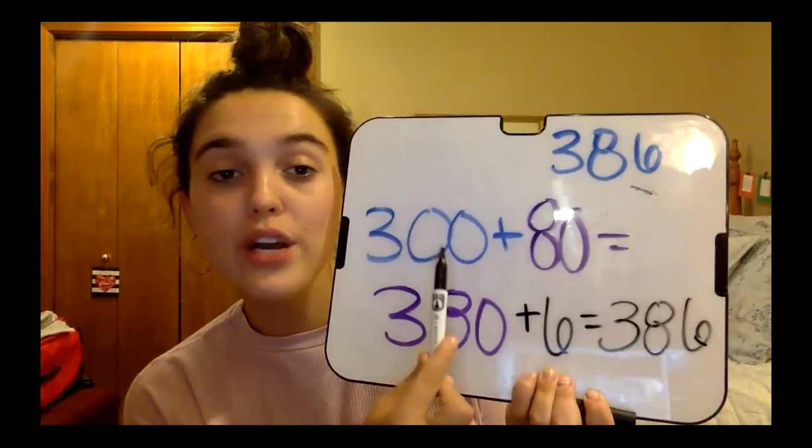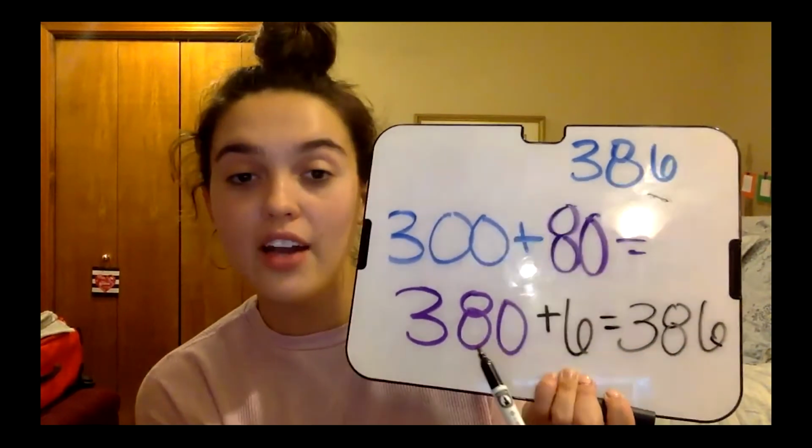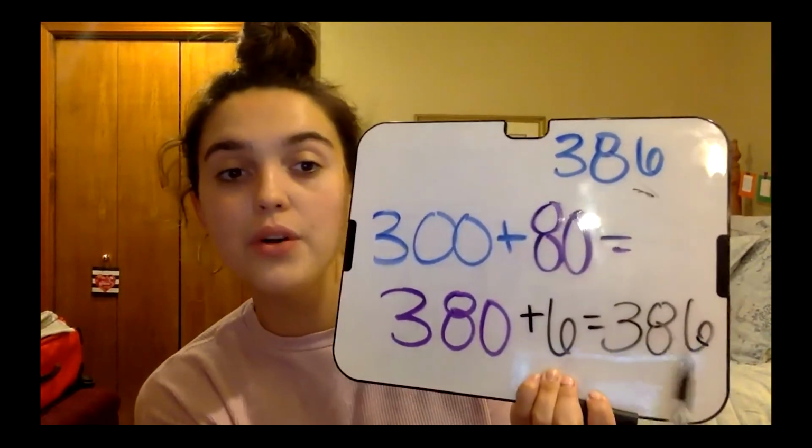And we did 300 plus 80, which is 380, plus 6 equals 386. So we know that we got the correct answer and that we are doing this correctly. You guys will be able to check any and all problems that you decompose like this just by doing that. It's a great way to check them and also a great way for you to just get to understand them a little bit more. All right, I'm going to share my screen with you